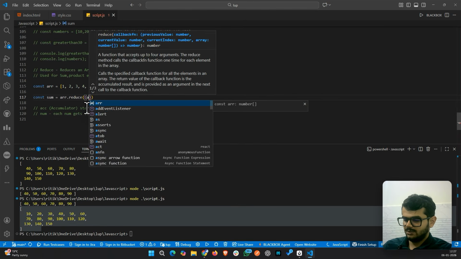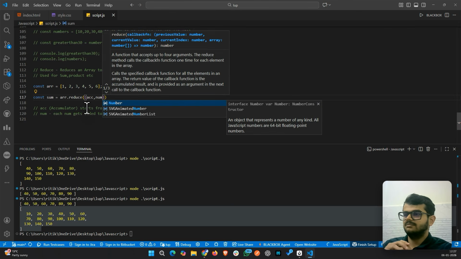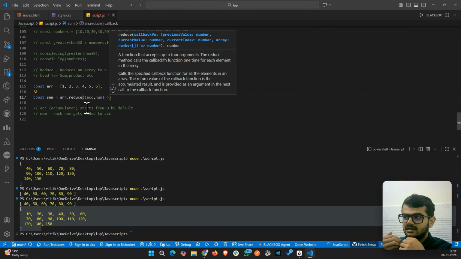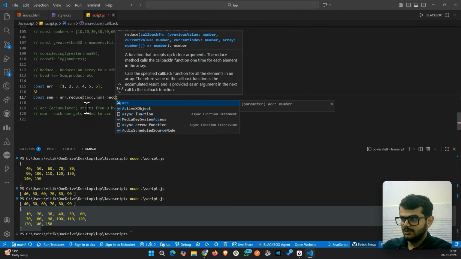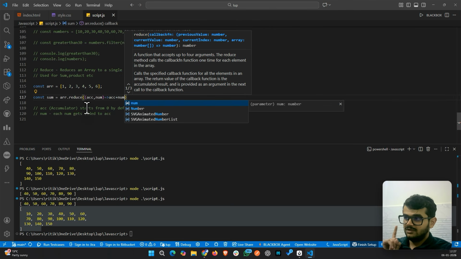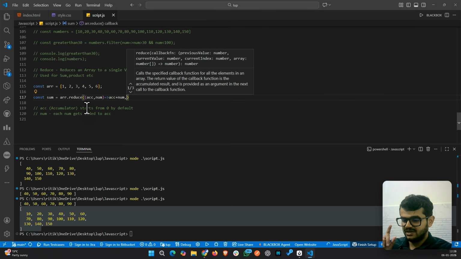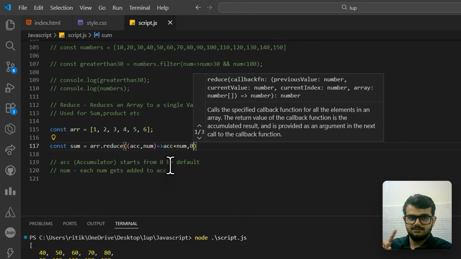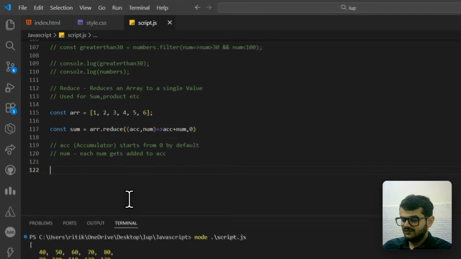So I'll take in accumulator, I'll take in num. Now as I told you, num keeps on adding sums to my accumulator. So something like accumulator plus num. So on the first iteration, my accumulator is 0, because I've specified 0 here. You have to specify 0 like this, and it starts from 0. So 0 plus 1 is 1. Now my accumulator becomes 1. So I'll just write it for you. So in the first iteration,